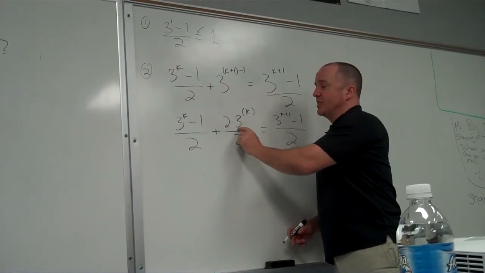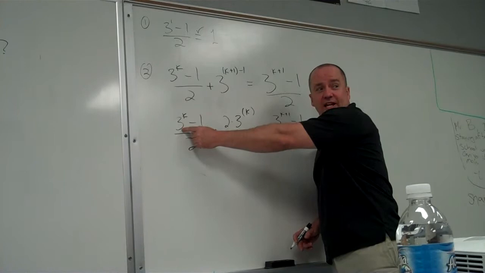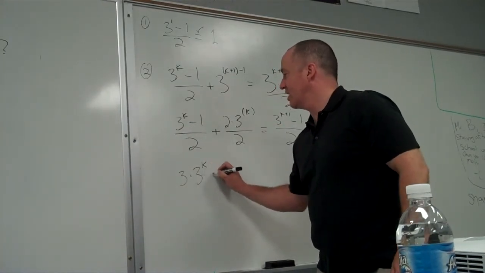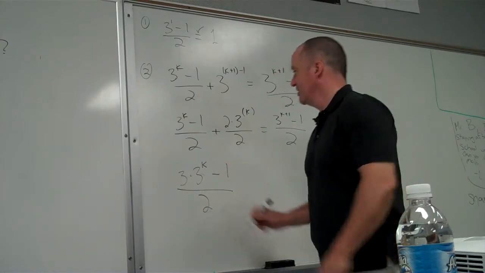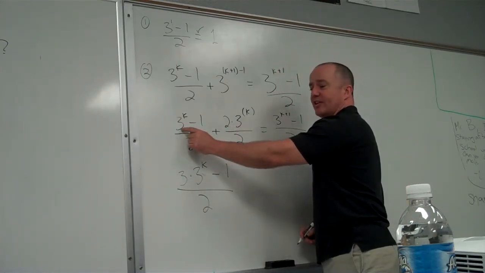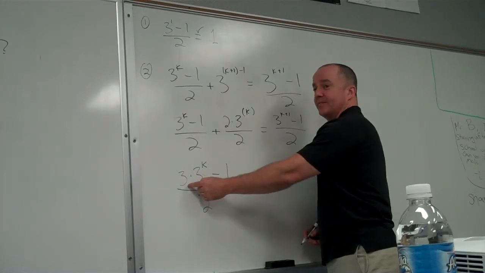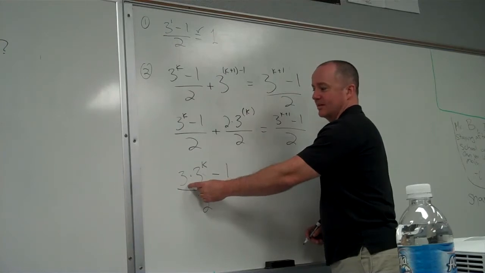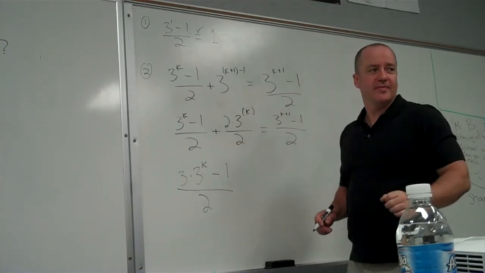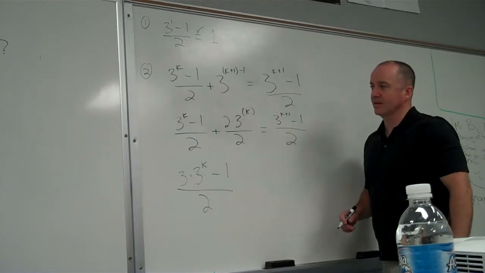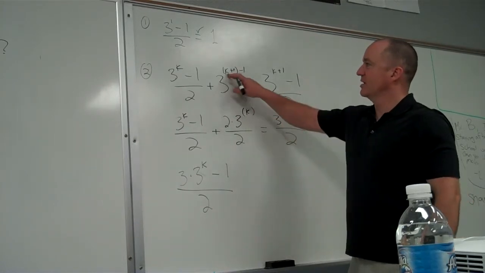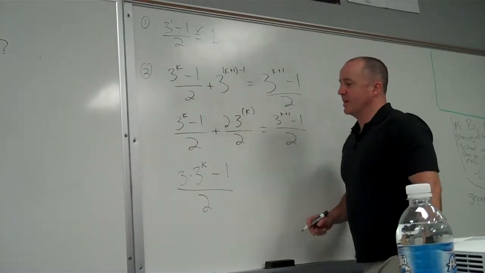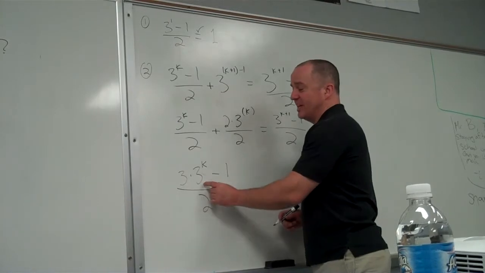Okay? I've got 2 of something plus 1 of that same thing. Just going back to Algebra 1, that means I have 3 of that thing. If I have 2 of anything, Cody, plus another 1 of that thing, I have 3 of that thing. There's no minus 1 because that's actually 1 times 3 to the k, plus 2. Not the fraction third. Okay, where do you get the 3 to the k plus 1? I put k plus 1 into my sum generator, and the plus 1 minus 1 got rid of each other. Okay. Now that I know I have 3 of these,